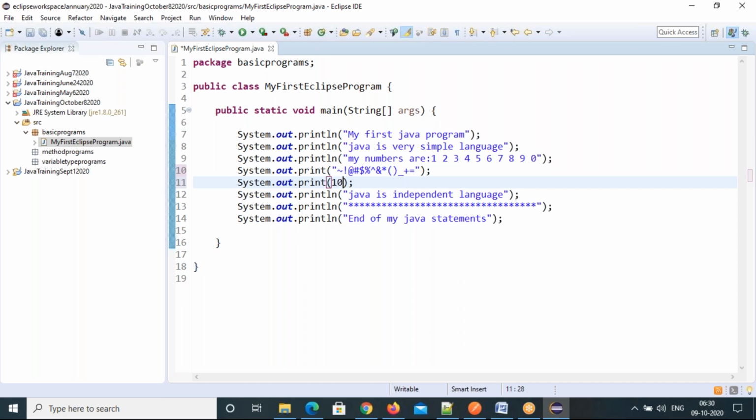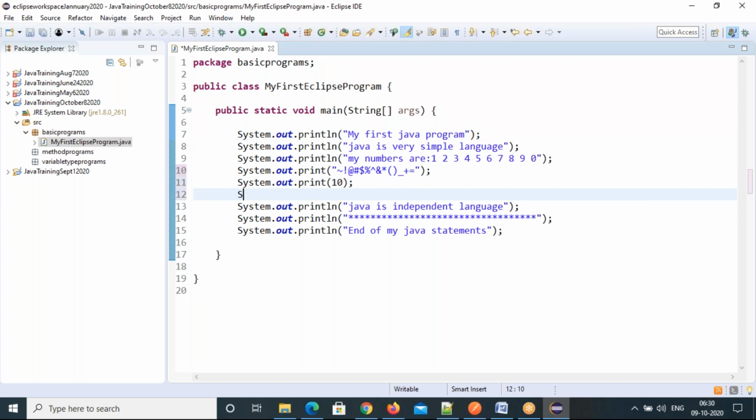You can give integer data, you can give string data. If you put it in double quotes, that's string data. If you're not putting anything in double quotes, that is not string data. I can still print this with println also. I can print numbers directly also.